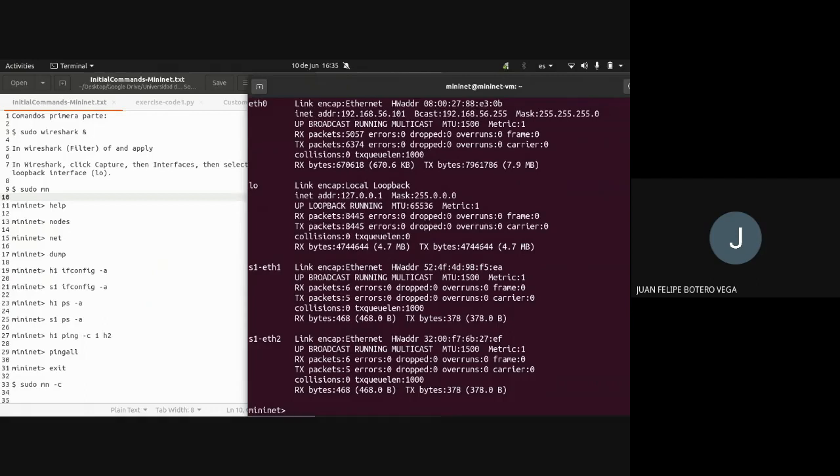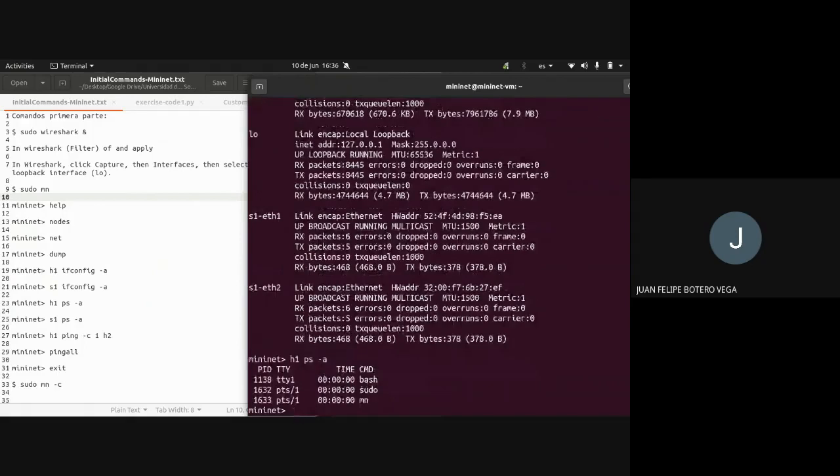And even for the controller, you can do that. So any actual command you can use in the nodes. You can use, for instance, ps to see the processes that are running in host 1. And these are the processes that are running in this host. Okay, Mininet, for instance, is one of the processes. So each node acts as an independent machine that you can configure and use and see